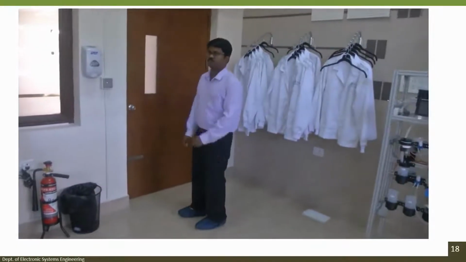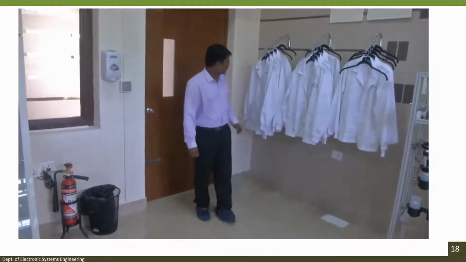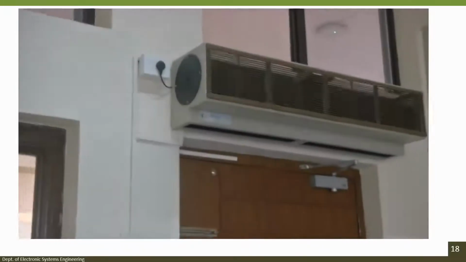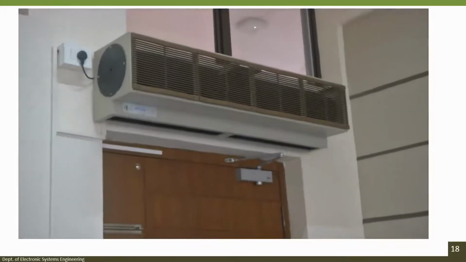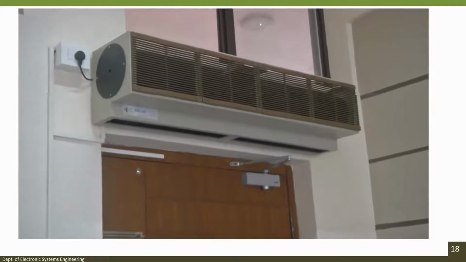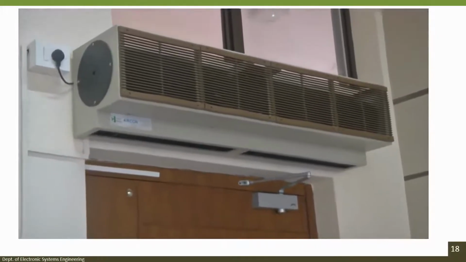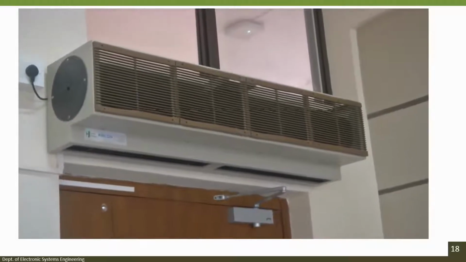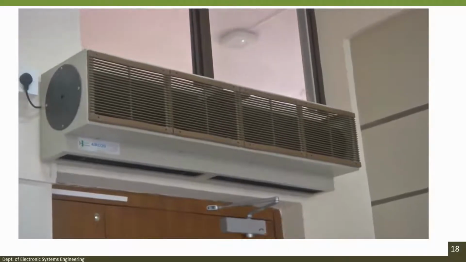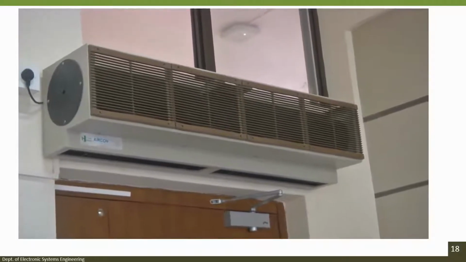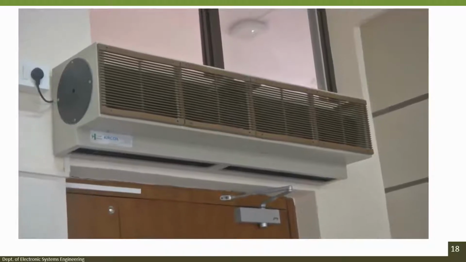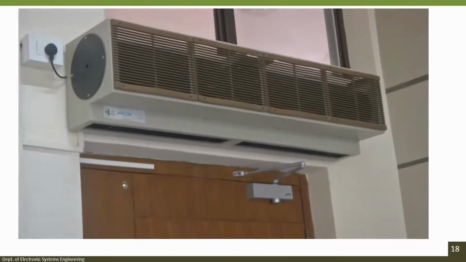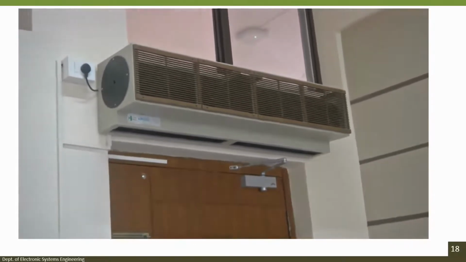So the noise you saw in the clean room is the air filter. On top we have an air curtain which flows air at around 10 meters per second. The influx of air is to ensure that the particulate count is restricted to that area, in order to reduce any contamination, particulate count or dust entering inside the clean room. We have this mechanism of flowing high speed air just at the entrance of the door.